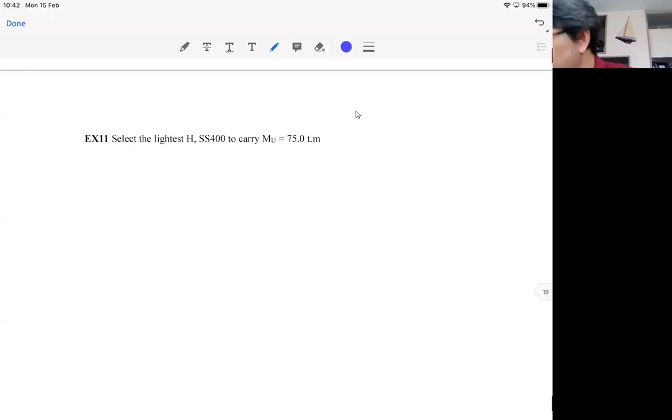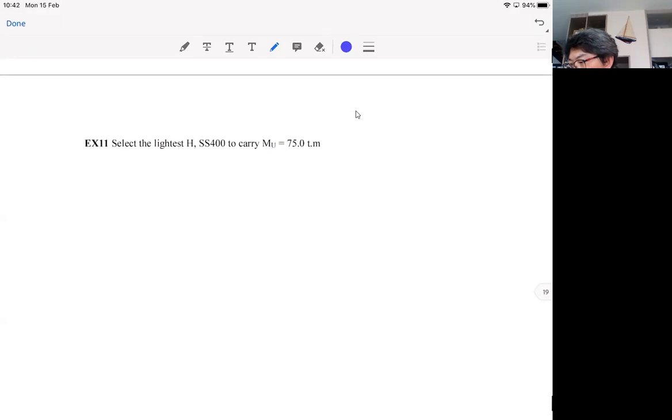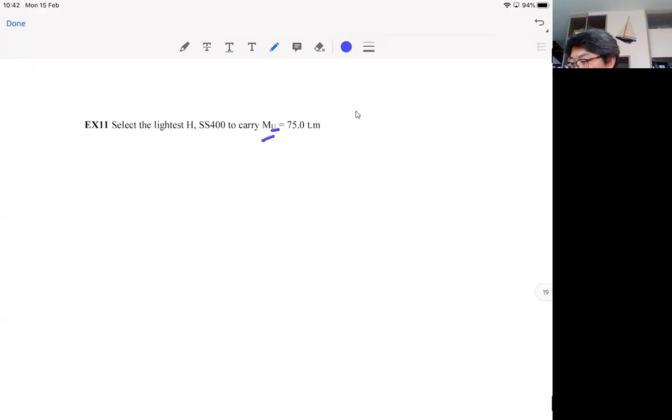This time, I don't know why it's an LRFD problem, but it's just the same. Whenever you see this is Mu, you must know right away that it is LRFD. If you identify this as an ASD problem, you are very, very wrong, okay? And remember that